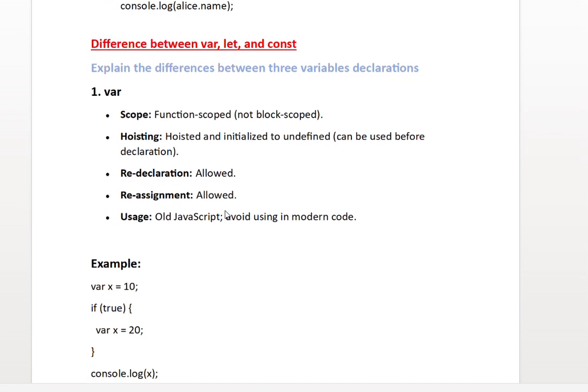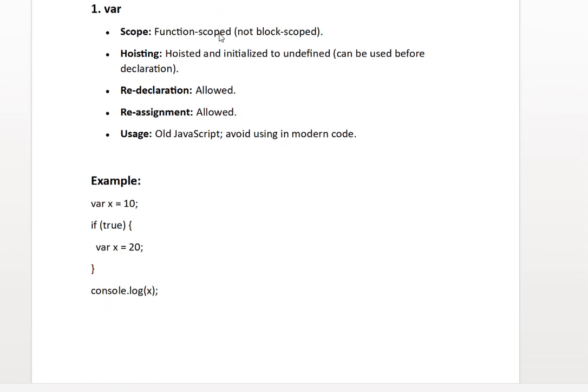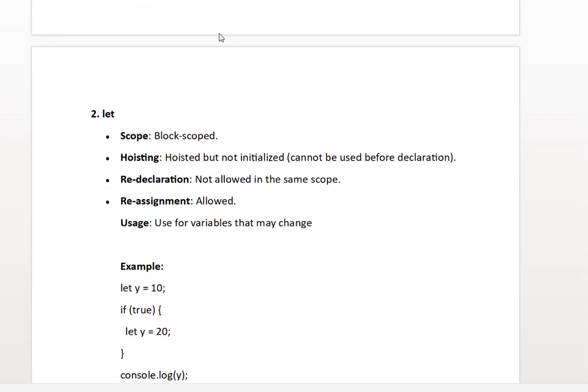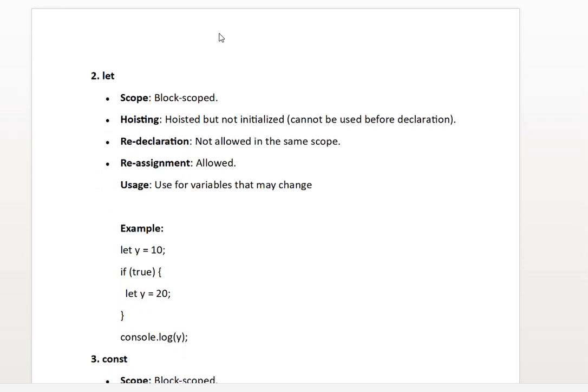What is the difference between var, let, and const? Var. Scope: function scoped and not block scoped. Hoisting: hoisted and initialized to undefined. Redeclaration is allowed and reassignment is also allowed. It is used in old JavaScript and is not recommended in modern code. Look into the example. And coming to let, it is block scoped, hoisted but not initialized, and redeclaration is not allowed in